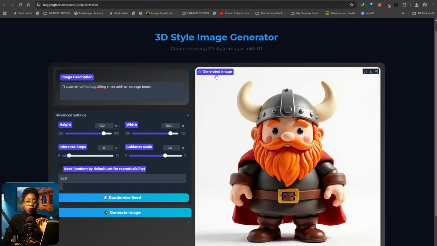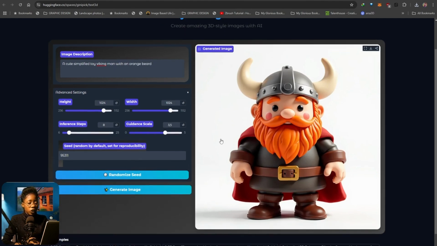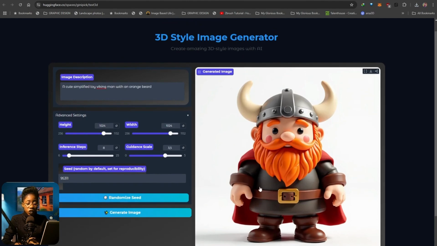So in my own opinion, you need to generate an image that looks like a toy, because this is when you are going to get the best results. You can try more realistic imagery here, but I've noticed that with a more simplified shape, this AI can reconstruct it a lot more accurately. So the prompt I use for this image is: cute, simplified toy Viking man with an orange beard. I left everything else by default and then just clicked on generate image, and this is what I